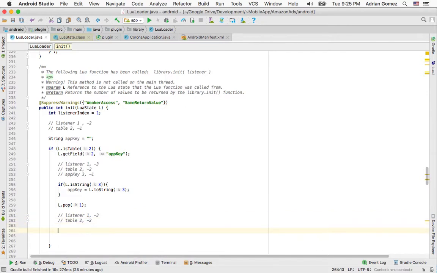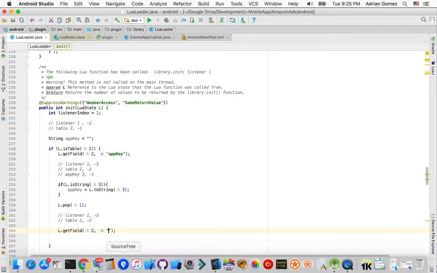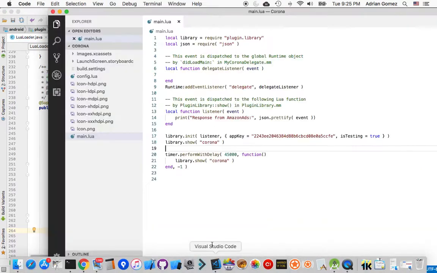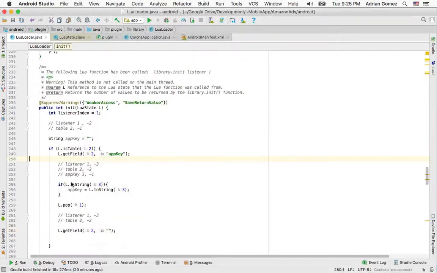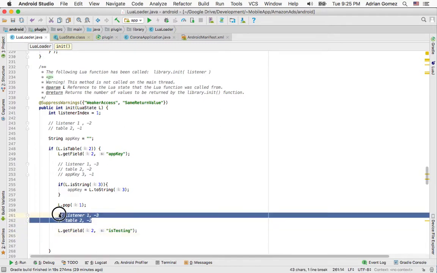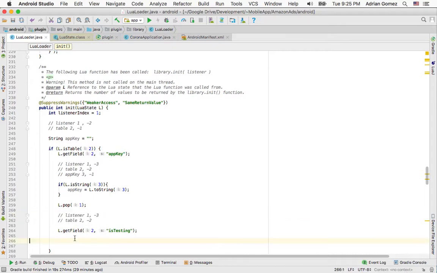And then we're going to do the same thing again. I'm going to do get field, and 2 for the index of the table, and then the string of the field, which is testing. Again, that's going to put on top of the stack this field is testing, so that the stack is going to look like